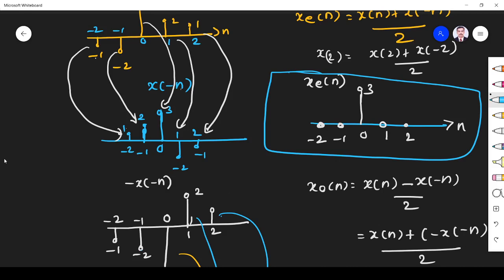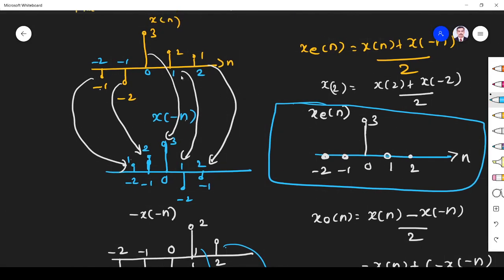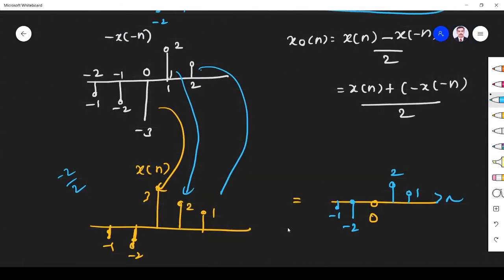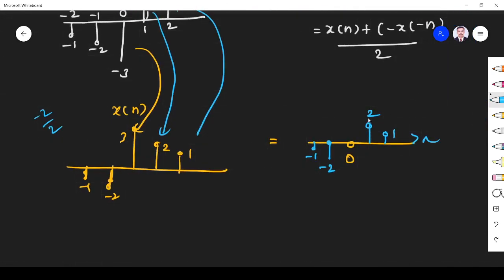Right? So suppose if it is 0, what will happen? Surely we will get exact even component 0. Everything. If this is 0, what will happen? This 3 will not come. So the even component will be completely 0. Instead of this 3, if it is 0 there, everything will be 0. So it indicates even component is 0. It has only odd component. So you see, it will be purely odd component. Yes. So the answer is correct.